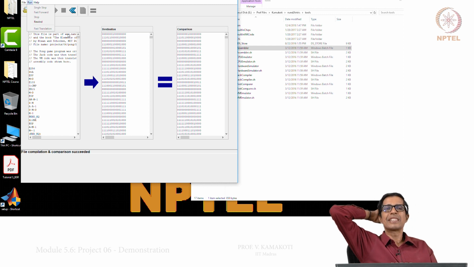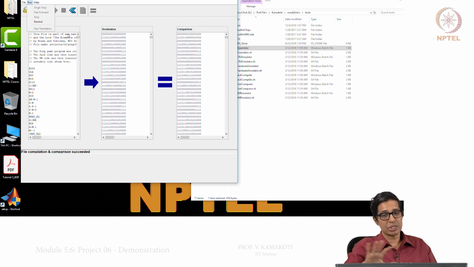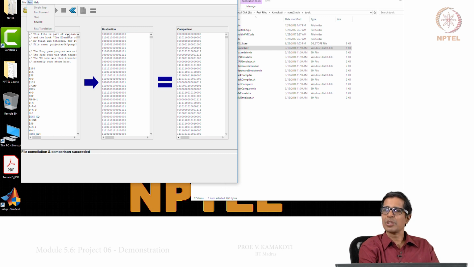So happy assembly, and by the end of this I think you should spend 2-3 hours to get this assembler perfect. You can easily do that, and then that means you have written the first system program for your system stack, right?